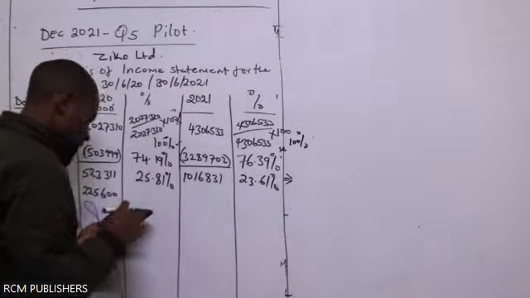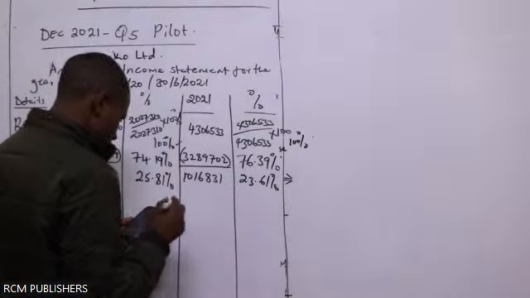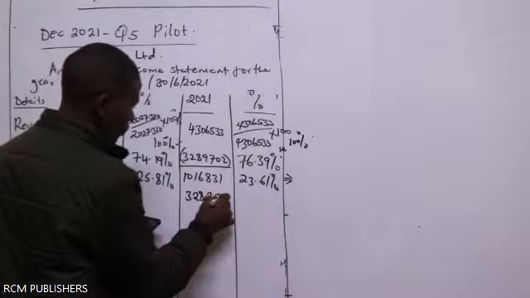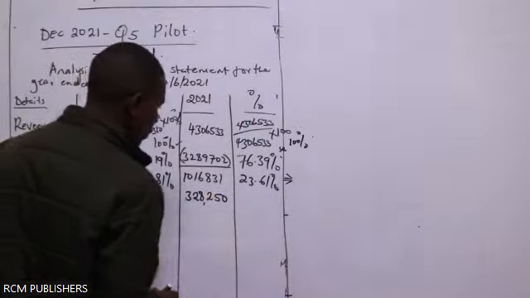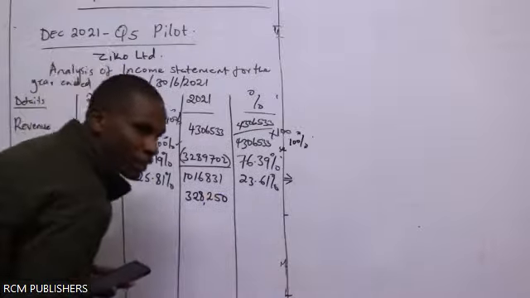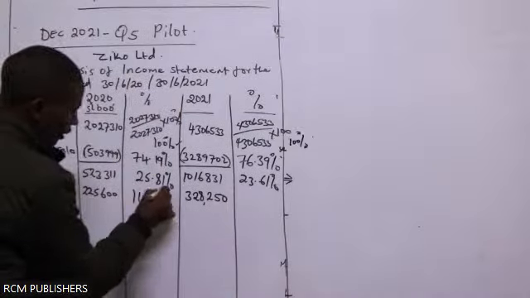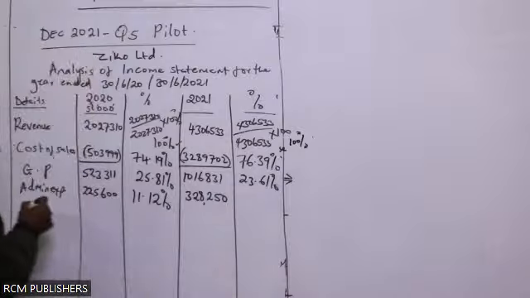Admin expenses, I have that 328,250. Give me the percentage. 11.12. Thank you. 11.12. What about this one? We go to